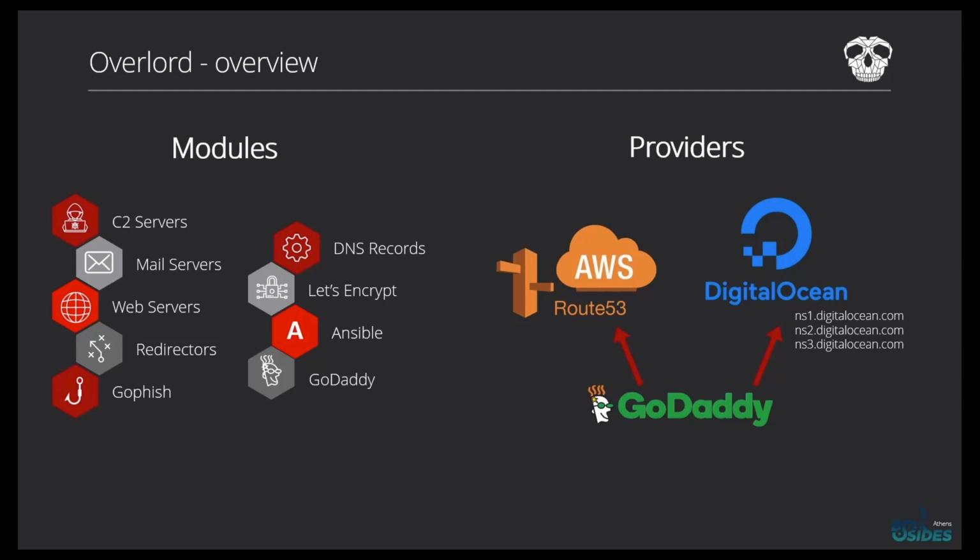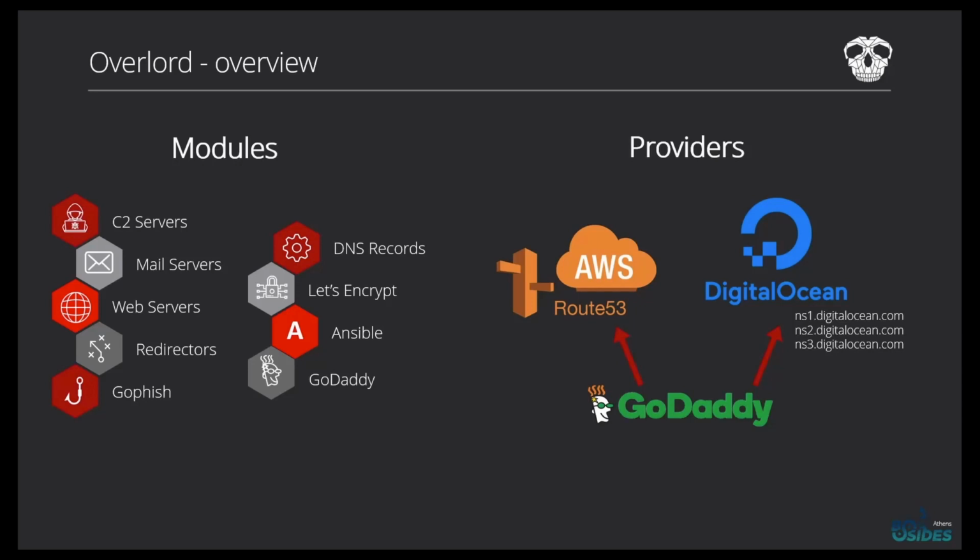So, for example, if you have a domain registered on GoDaddy and you create a C2 server on AWS with an A record on that domain, you have to use the GoDaddy module to redirect the name servers to AWS. This is especially helpful for Route 53 because the name servers are different every time you deploy an infrastructure. So Overlord will wait until they are determined, and then it will change the GoDaddy entries to the AWS generated